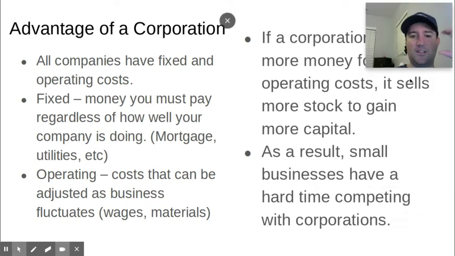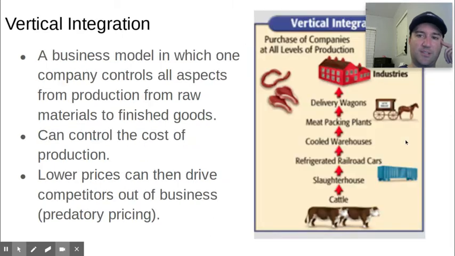As a result, small businesses have a much tougher task of competing with a corporation, because if corporations need more capital, they can simply sell more stock. That gives a big advantage to corporations, and it's why you see more and more corporations come about during this time period, because it was much more advantageous than small business models. As these corporations come into power, they are very successful in creating a business model that allows them to expand their operations.